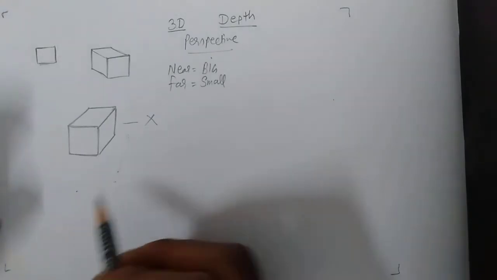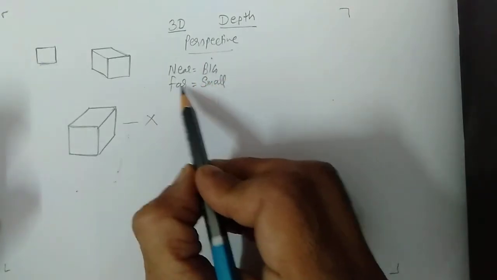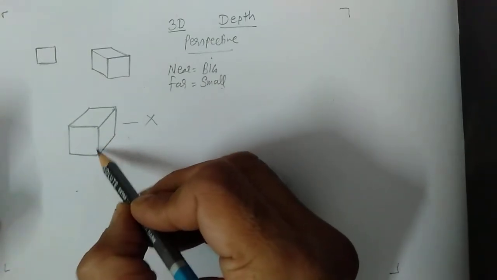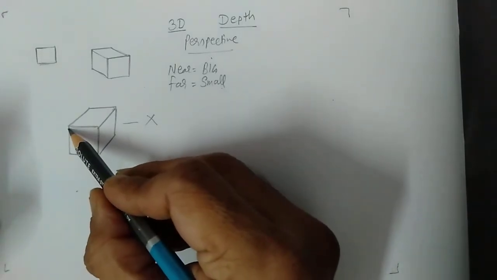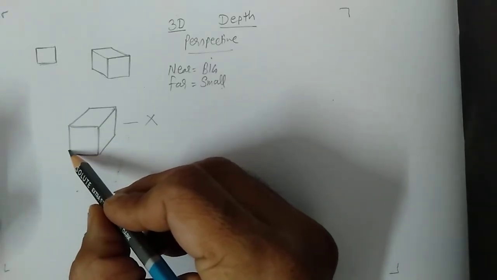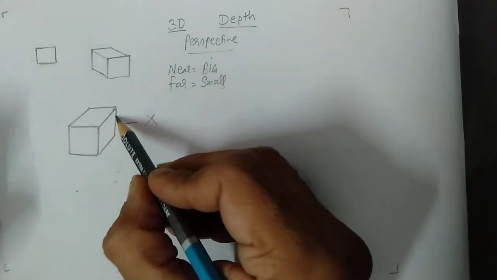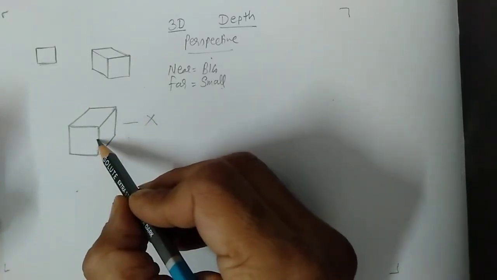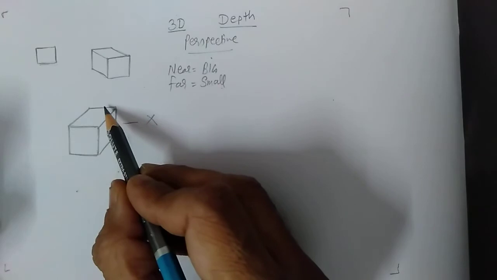So the appropriate way to make a cube is, you have to understand that the things which are near are supposed to be big, and the things which are far are supposed to be small. So we will assume this is a cube and this side is near to my eyes. If this side is near to my eyes, then of course this side will be far. So this will be a little bit smaller compared to this one. The same thing is applicable here also. If this part is far, it will be a little bit smaller compared to this one. Alright, and the same way over here. If this part is near to me and this part is far, this part will be smaller, this part will be bigger.